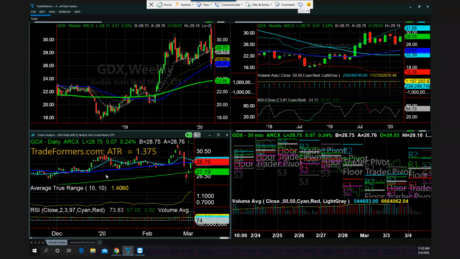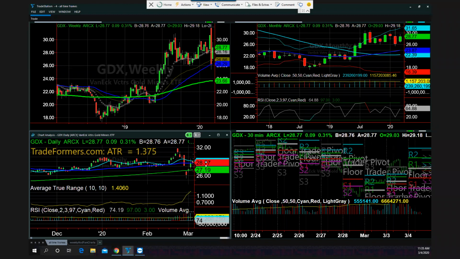Now, remember I also said in the beginning, what happens if I miss that first move? What should I do? Very often you'll see a retracement back down to the 50. So this gave you a second opportunity. And then it gave you a little bit of a fake out here because it broke down under the 50-day moving average, but then it cleared it strong on this day. And on this day, we got back into it. Some of my subscribers were still in it because they had a no loss stop and it never got back down to 27.64. We added to the position here at 28.43.